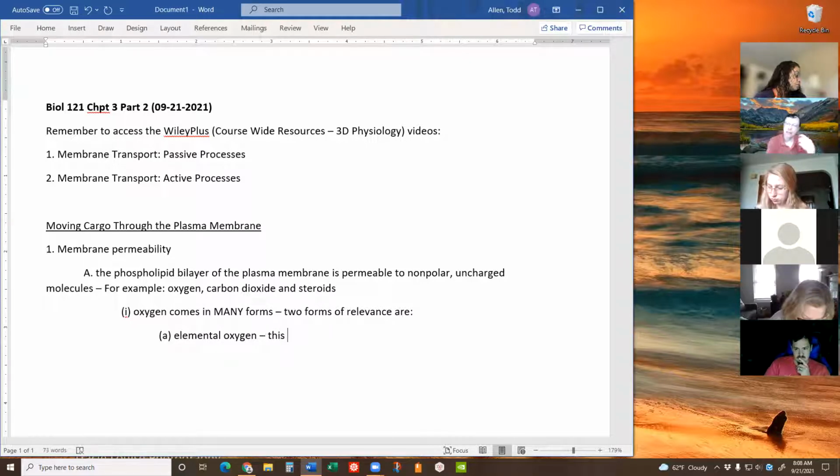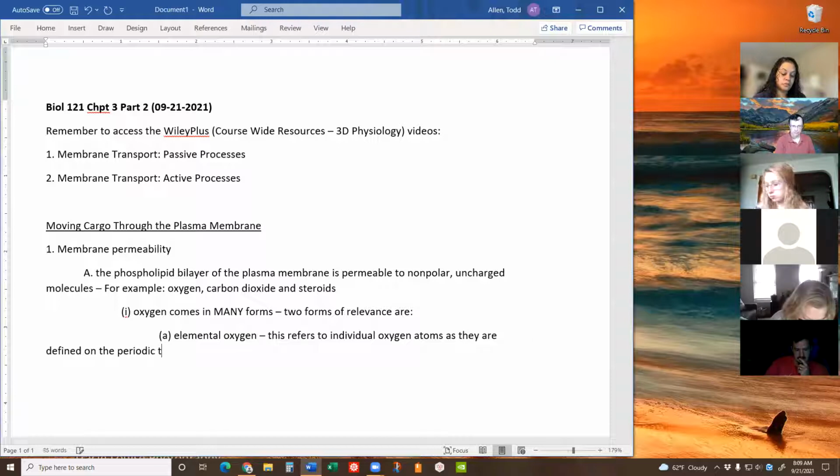And elemental oxygen refers to individual oxygen atoms as they are defined on the periodic table of elements, okay? That is, with some exceptions, generally not the form of oxygen you're taking into your lungs when